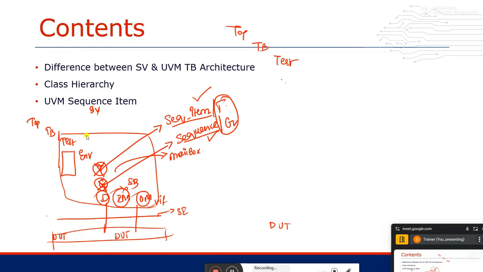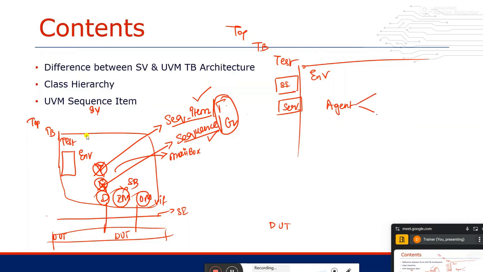Now in the test hierarchy I will have a sequence item and a sequence. Now inside the test what do I have? ENV. Inside ENV another extra layer I have, that is called agent. In the agent again two types are there, active agent and passive agent.